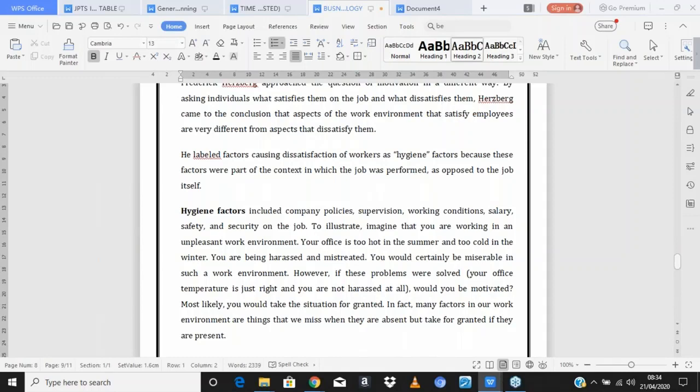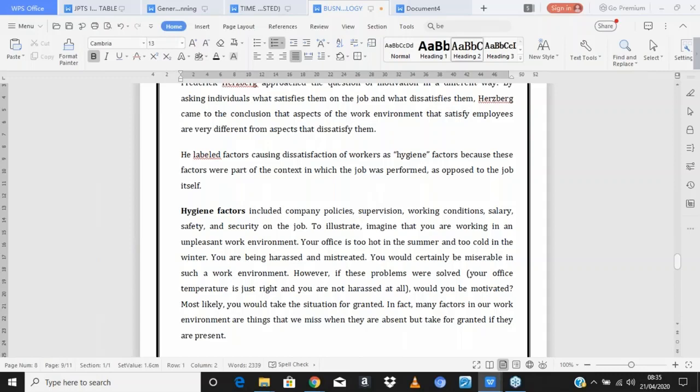They include policies, working conditions, salary, safety, security. To illustrate, imagine that you are working in an environment that is not very pleasant. Maybe your office is too hot, the environment is not so nice, and you're not enjoying that work environment. Now, if these problems, which are hygienic because they are very important, are solved, and probably your office now has an air conditioner, or even your school, your class, where you're learning in an environment that is not very conducive, is now made conducive, what will likely happen is that